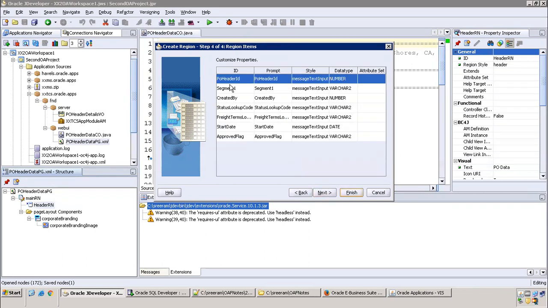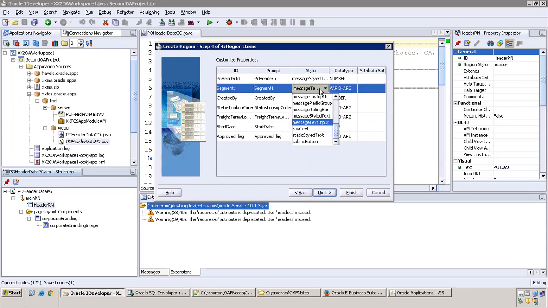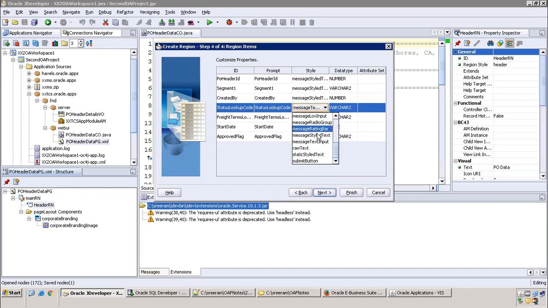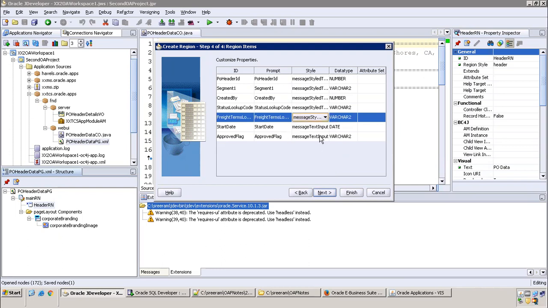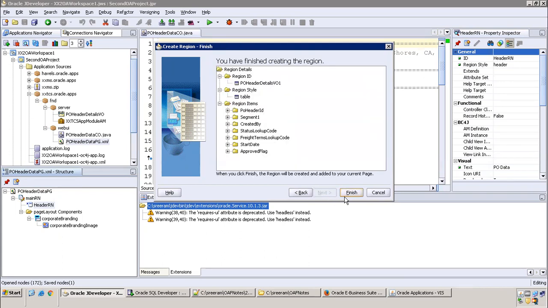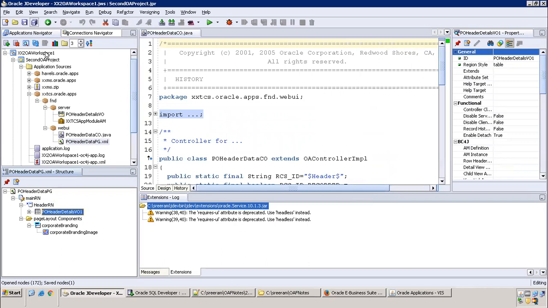Click on next. Now here, if you observe, our page is a read-only page. And what is item style? A table will have n number of columns, and each particular component will have an ID, a prompt, a style, and also a data type. Now, ID and prompt are okay, but the style should not be text input. We want to display it as read only. So select it as styled text. Styled text is nothing but read only text. Okay, that's the difference. Next and finish. Okay, and just save it as of now.